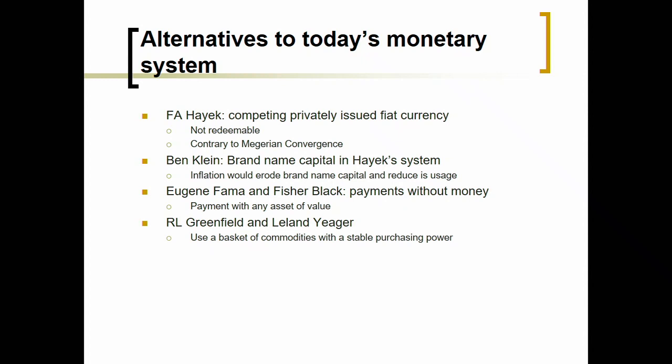Now, Friedrich Hayek, back in the late 1970s, gets awarded the Nobel Prize in Economics for his role in the socialist calculation debate back in the 1930s. He had not been talking or writing about economics for 20 or so years. He shifted more into political science. And he's like, oh, people care about my economic stuff again. Okay, so he writes a paper on competing privately issued fiat currencies.